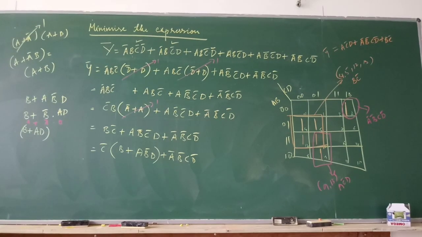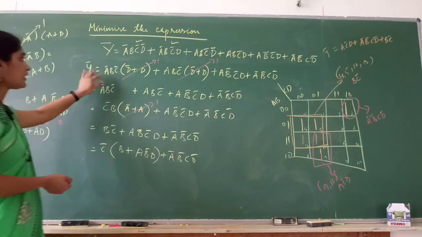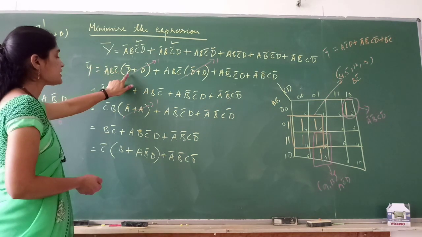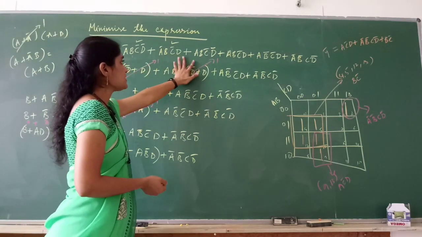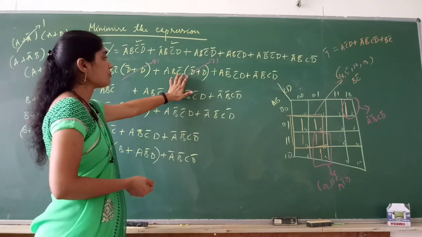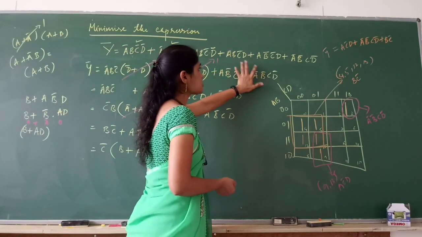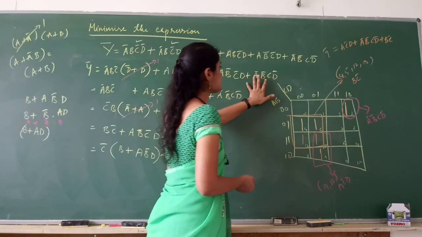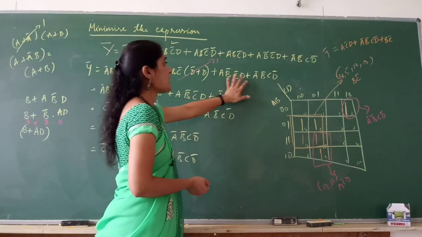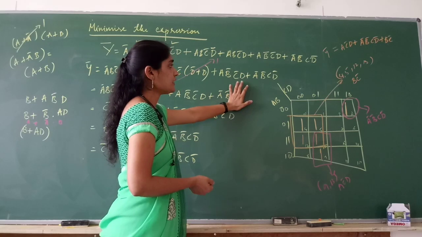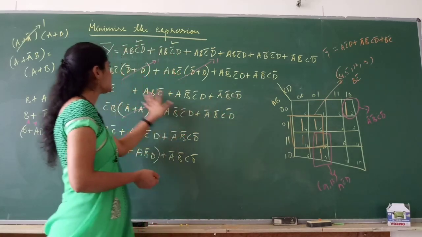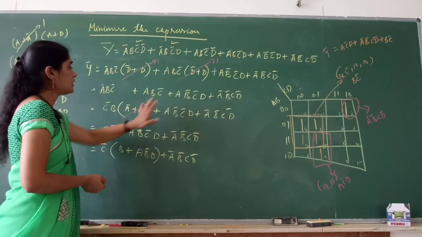Okay, let me explain it again because the video was not clear. A bar, b, c bar, if I take it outside, it is b bar plus d. So this will be equal to 1. Here in these two terms, you take a, b, c bar common. Then these two and these two, I keep as they are because even if you take b bar common, this will not be simplified further. This will be equal to 1, this will be equal to 1.